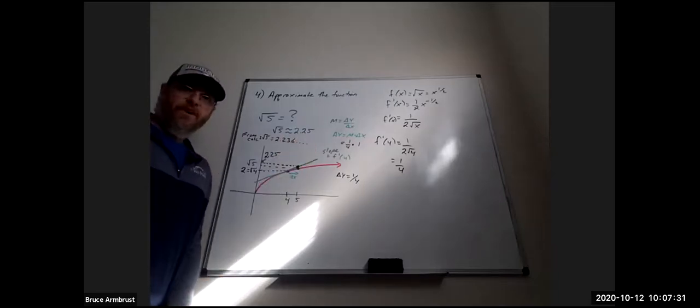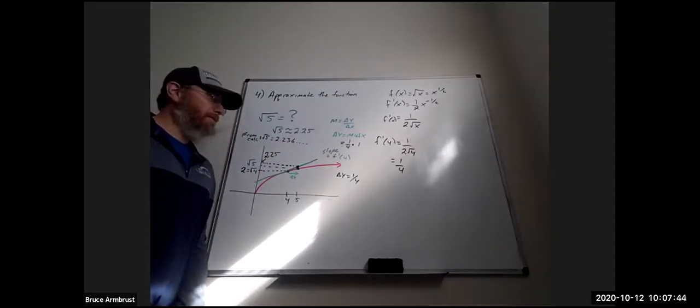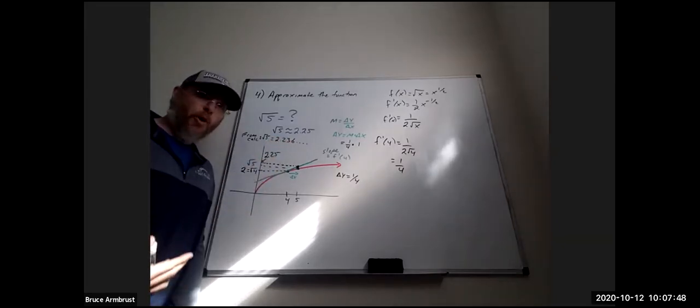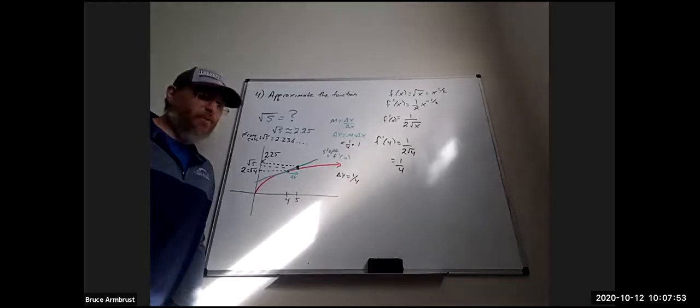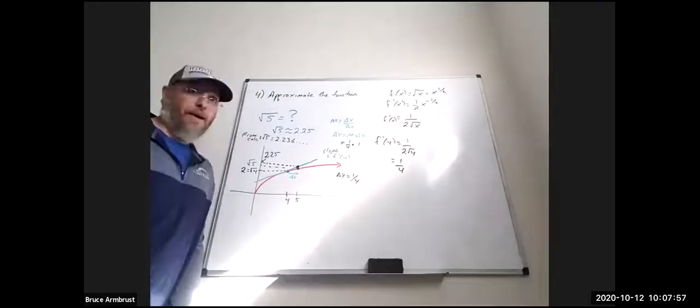All right, so how do we do with our approximation? Pretty good. It's not bad, right? 2.25 compared to 2.236. If we just rounded it off here, I'm off by 0.014, slightly more than 1/100th off. I'm feeling pretty good,